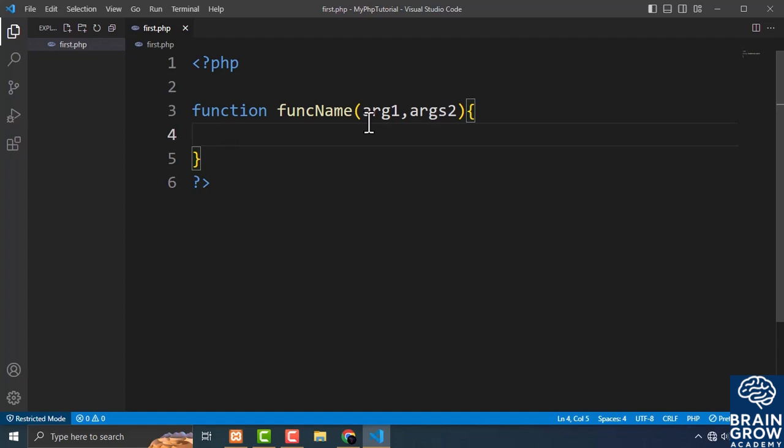When you pass an argument by value, the function creates a copy of the value passed to it. So any changes made to the argument within the function do not affect the original value. This means that the original value remains unchanged after the function call. So now I'm going to create the example for you. So let's just cut this code,